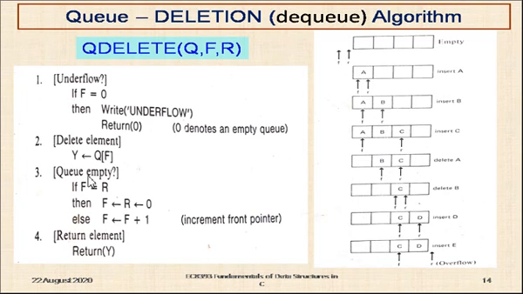Okay. Then, queue empty. Suppose there is only one element in the queue, then we should make the queue empty, and accordingly we have to move the rear and front pointers. That is what it is checking here. If f is equal to r? No. f is 1, r is 3. So this condition fails. So it will come to the else case. Else case: f is equal to f plus 1. Why is this performed? Because we are deleting the element A, so the front pointer should be adjusted to point to the next element. That is why the front pointer alone is adjusted here.